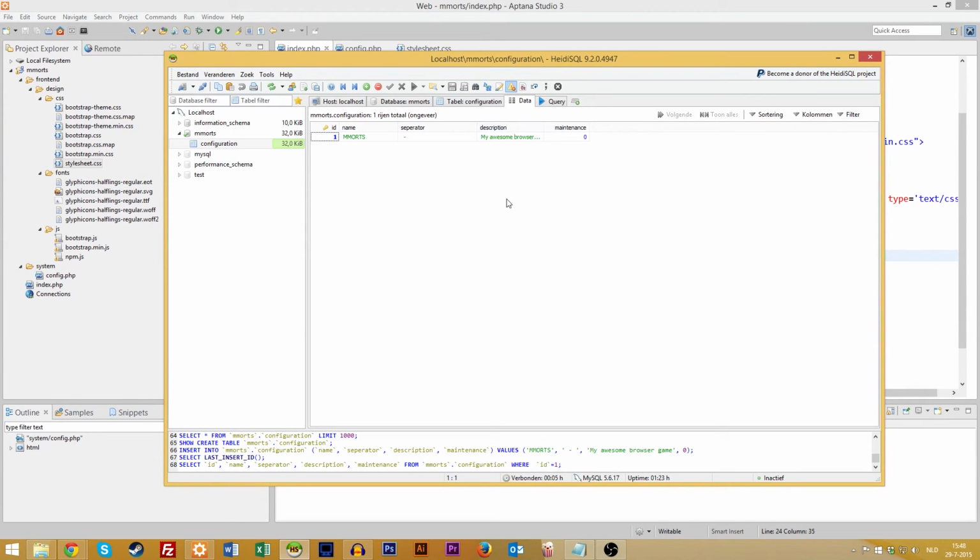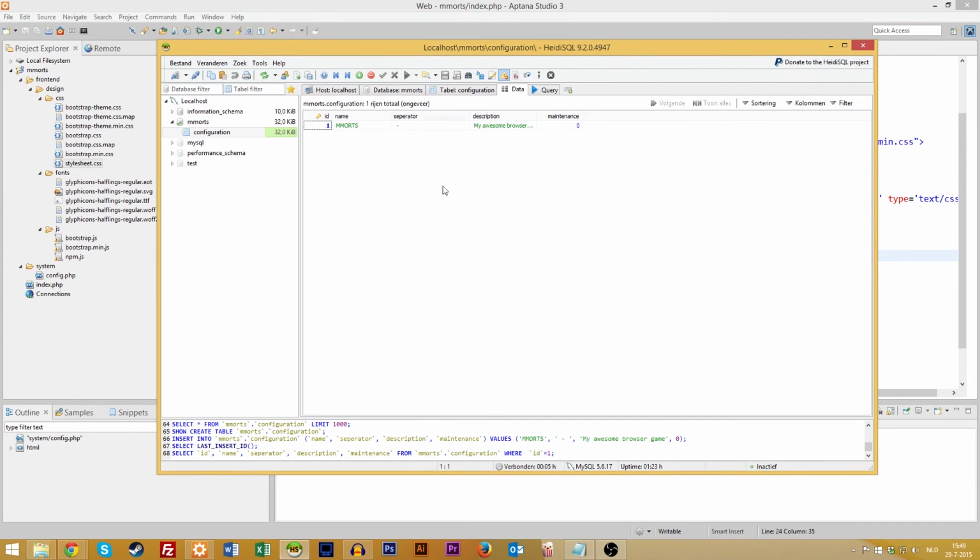Like imagine if you have a back-end administration panel for your moderators or community managers of your game. You want them to be able to change values like these in their panel without going into the database, without going into Aptana or writing code, because maybe they can't even code. So later on you can put these columns back into an administration panel that they can edit. So